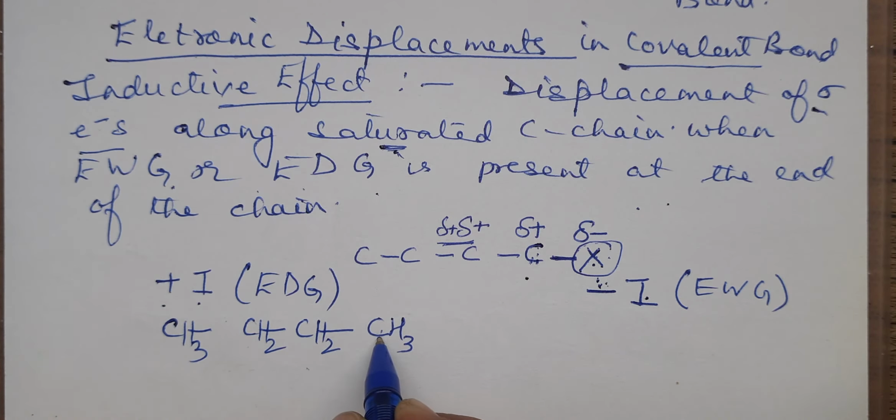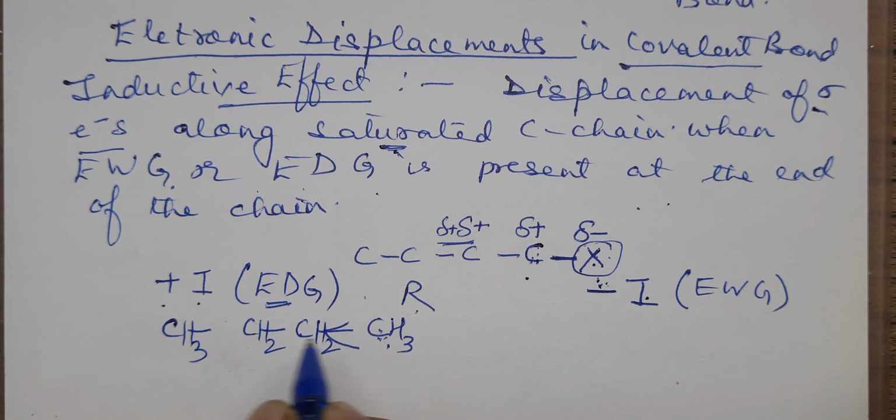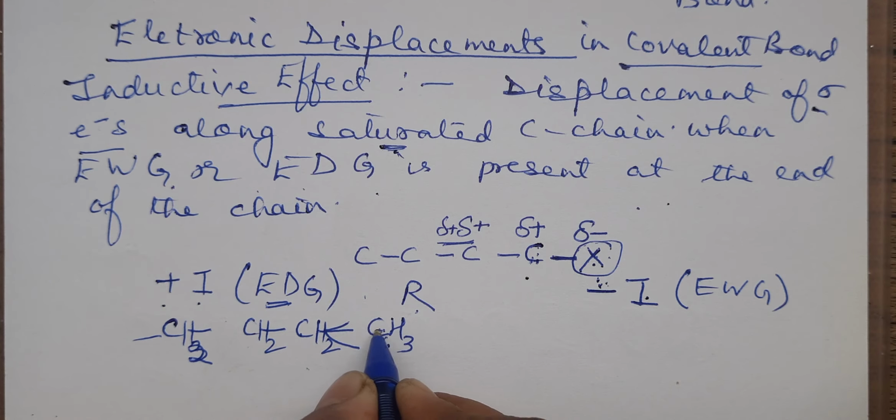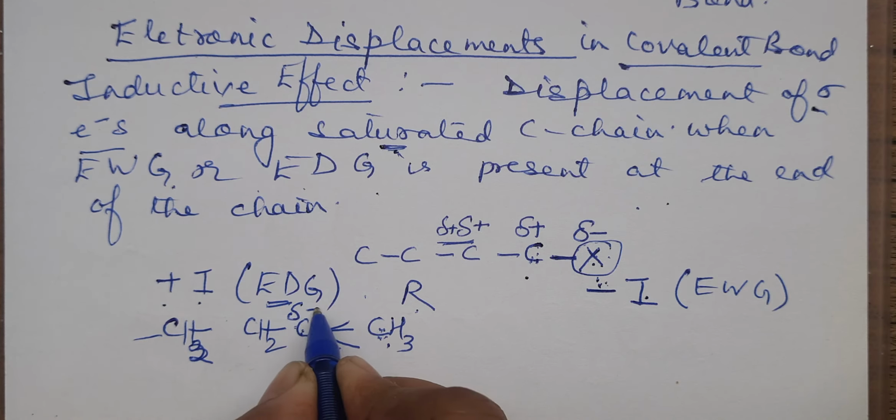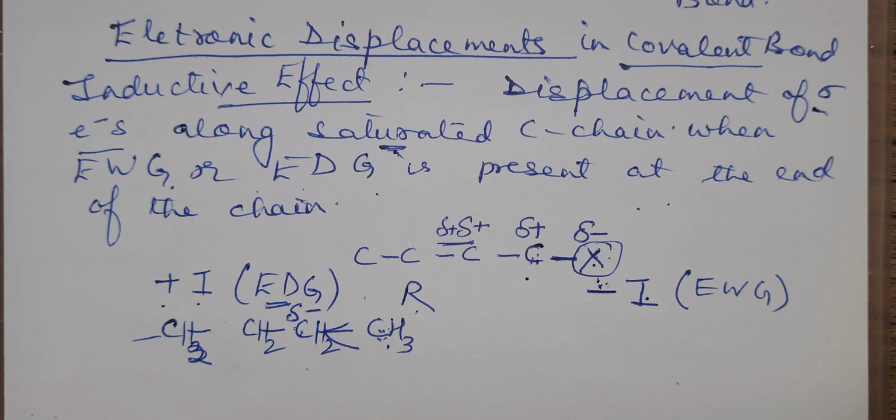So this particular group is a methyl group attached to this particular carbon. Methyl group, or generally I can say alkyl group. All alkyl groups are electron donating groups. So this methyl group will push electrons away from it. And this pushing tendency doesn't stop here, it goes on. Further, that bond I am making means it is further attached to it. So this carbon will push electrons towards the next carbon.